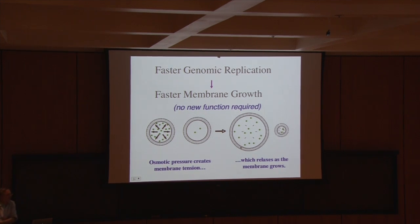This work started from experiments done by Irene Chen. She was a biophysics graduate student in the lab several years ago. What Irene found is that if you make osmotically swollen vesicles, swollen because they have a lot of stuff inside them, the stuff can be anything from sugars to RNA molecules. These swollen vesicles are perfectly stable by themselves. But as soon as you mix them with relaxed vesicles that have less of whatever this stuff is inside,